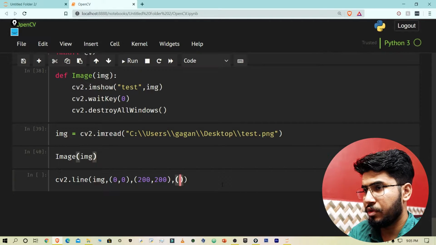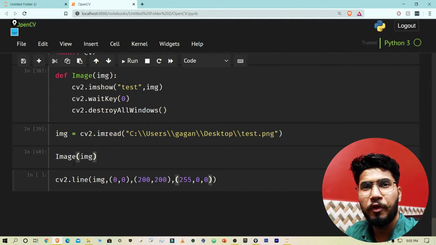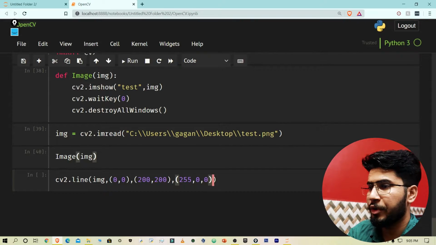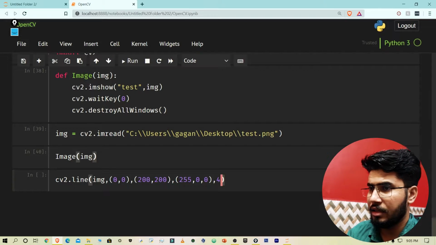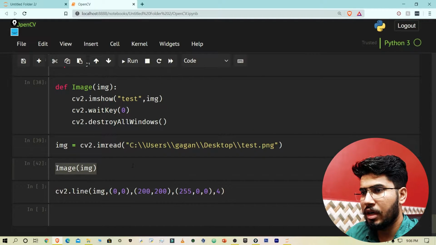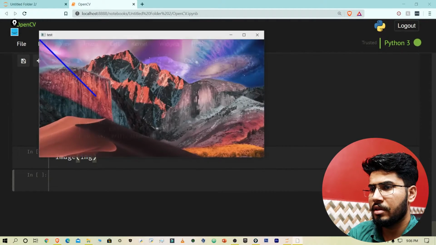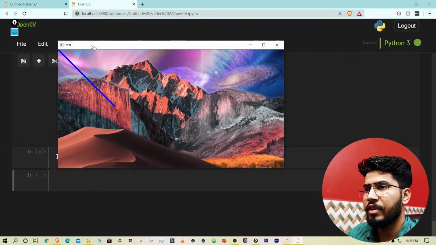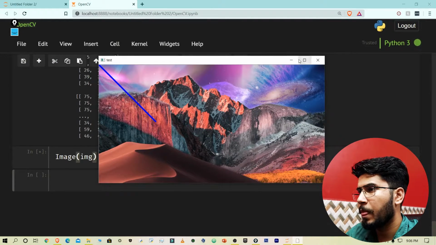Let's make it blue, so it will be 255, 0, 0, because cv2 follows the BGR format. And let's make the width of the line 4 pixels. Now let's run this again, and as you can see here, we have the line right here.